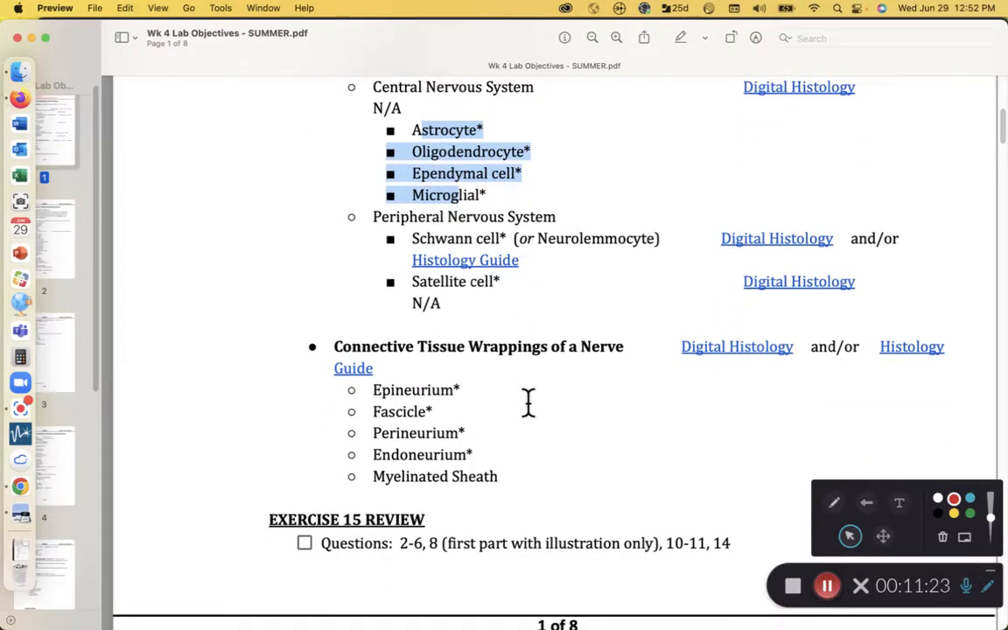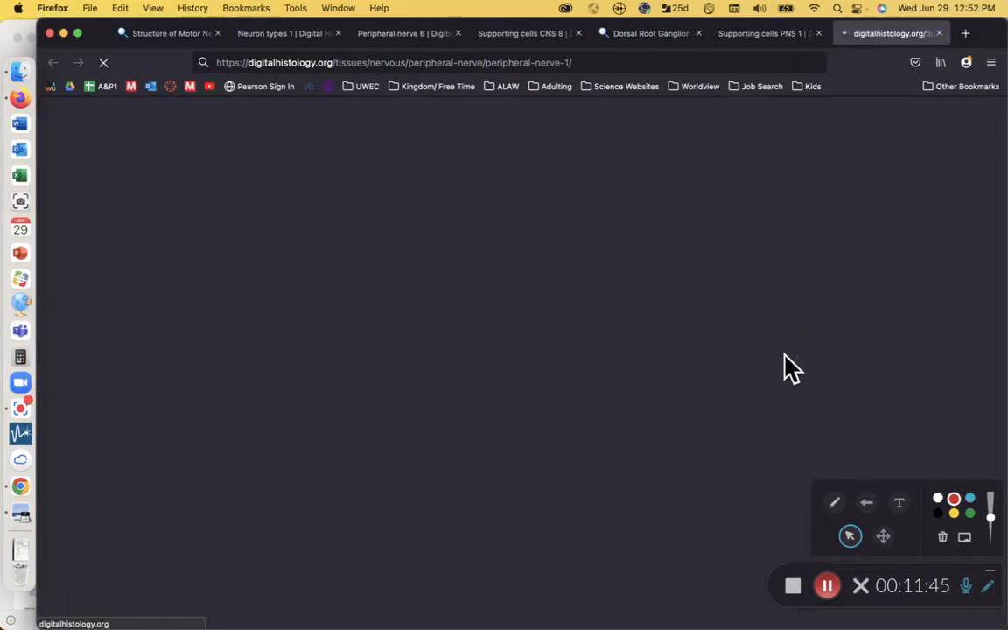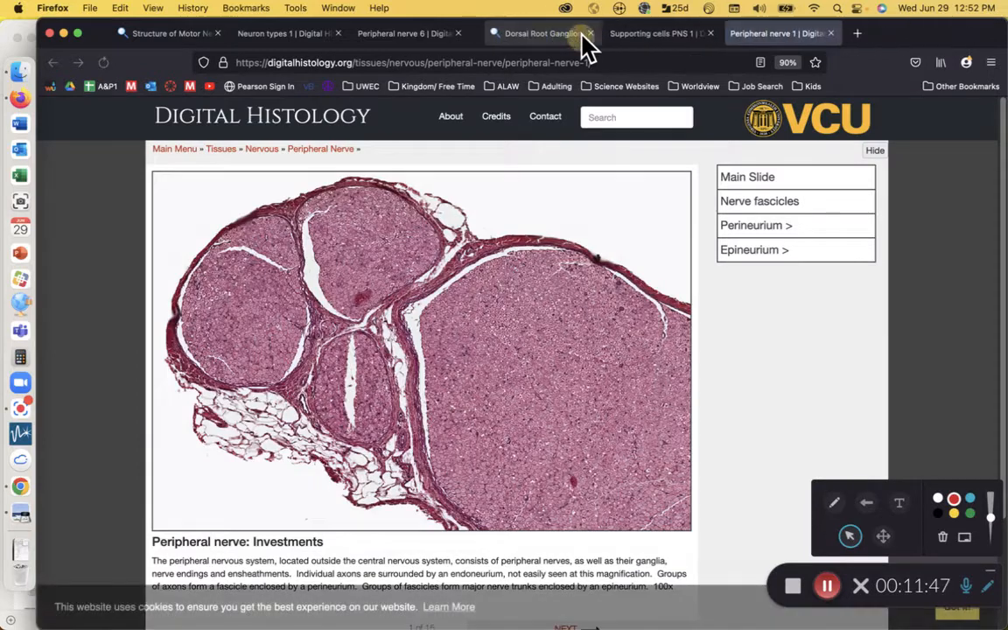And then finally we have connective tissue wrappings of a nerve. A nerve is a bundle of bundles, kind of like a muscle is a bundle of bundles. So instead of having an epimysium, a perimysium, and an endomysium, we have an epineurium, a perineurium, and an endoneurium. We have the same nomenclature scheme. So while we're looking at our parts of a nerve,